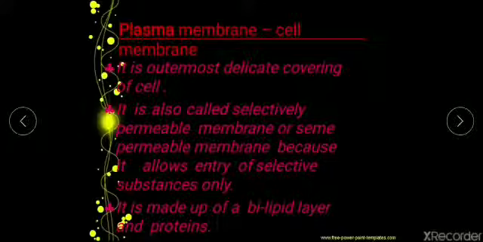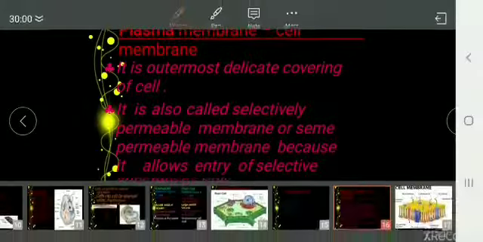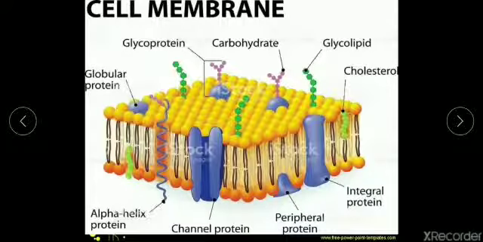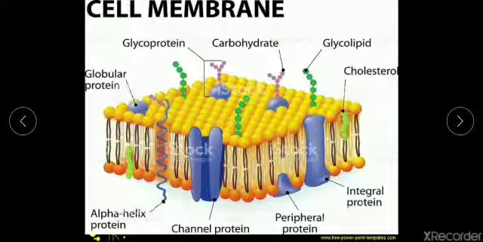Now basically what is plasma membrane made up of? Plasma membrane is made up of a phospholipid bilayer and embedded proteins in that. Now what do I mean by this? You can see from the diagram here, two yellow color layers, just like a sandwich model. This is also called the sandwich model of plasma membrane. You can see some ball-like structures. These two layers are phospholipid layers.